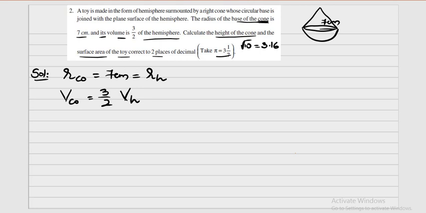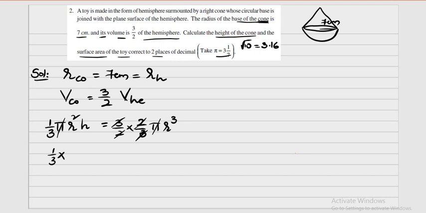Now from this I can directly take the volume of the cone. So what is the volume of cone formula? 1/3 pi r square h is equal to 3 by 2 times the volume of the hemisphere. The hemisphere volume is 2/3 pi r cube, right? Now when I substitute the values, the 3 gets cancelled, the 2 gets cancelled, right? On both sides I can cancel out pi also. So when I substitute the values, this is the radius of the cone, here the radius of the hemisphere, so this becomes 7 square into the height of the cone is equal to